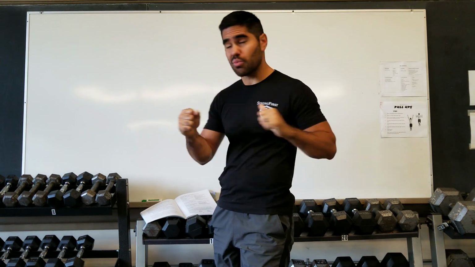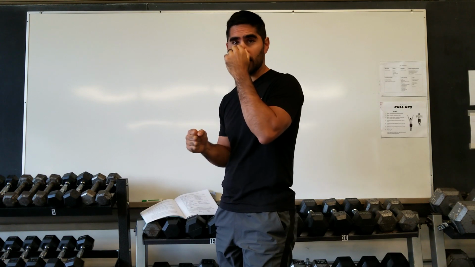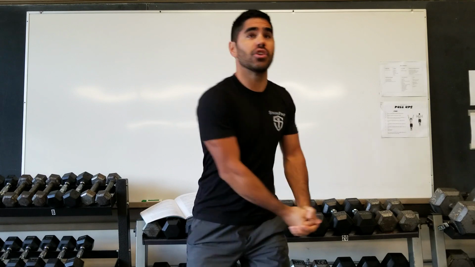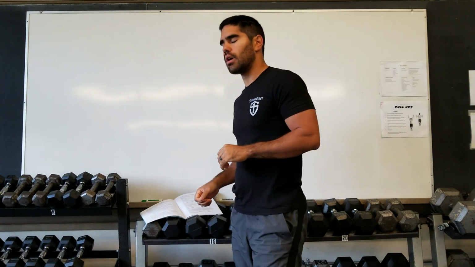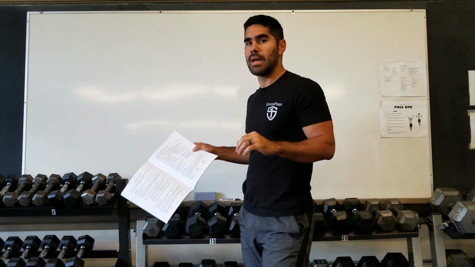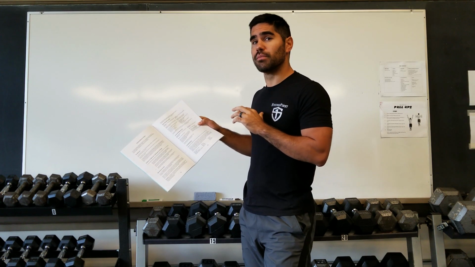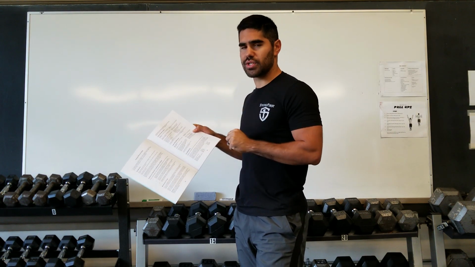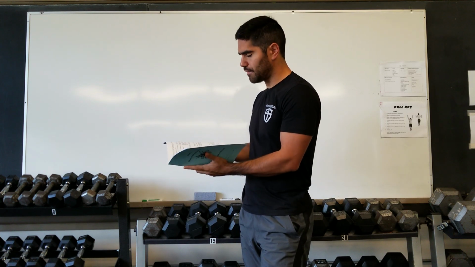So with Russian twists, we actually want to avoid that twisting. We might do a movement like a chop, where we're grabbing a weight over our shoulder and chopping it down to the side. And in doing that chopping action, our core is working to not let this twist happen. So I want you to check out that video on core exercises that'll explain that a little bit more. But those are our 5 major movement groups: pushing, pulling, knee dominant, hip dominant, and core stabilizing. I want you to flip the page,